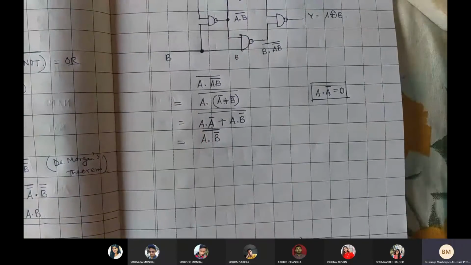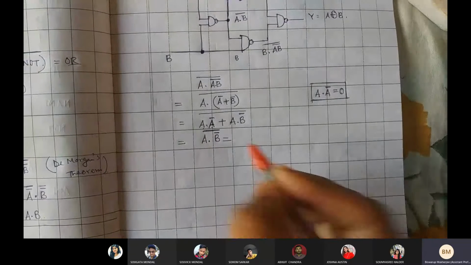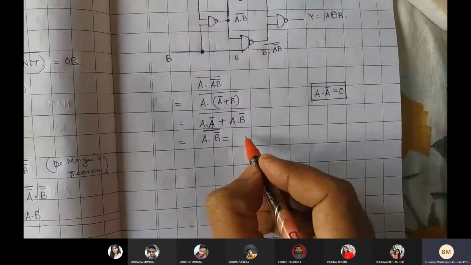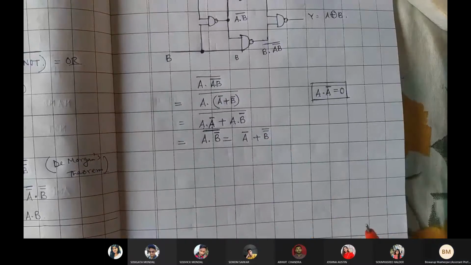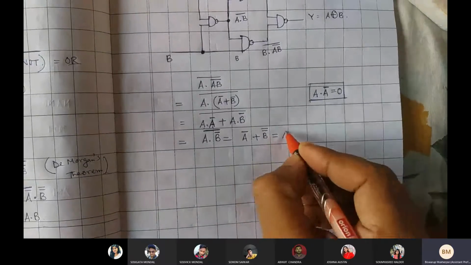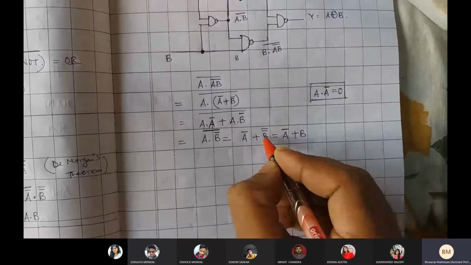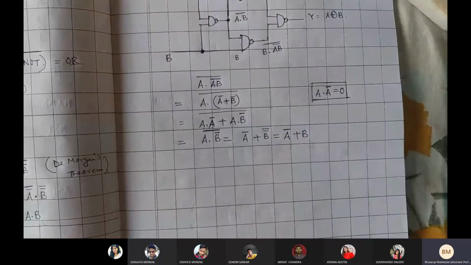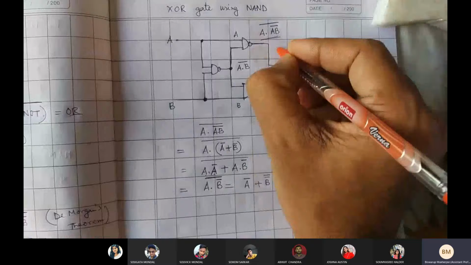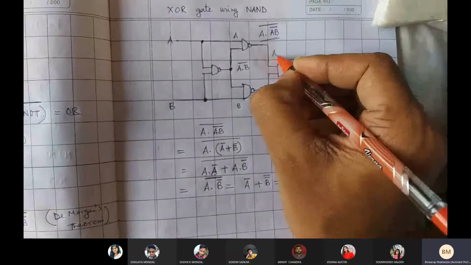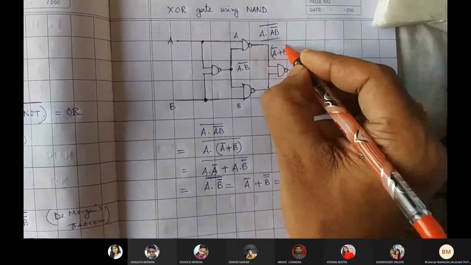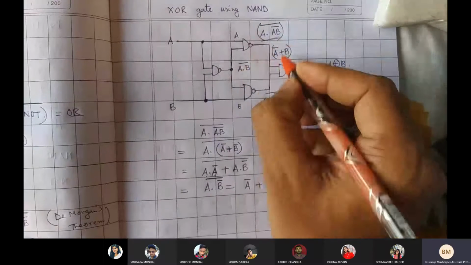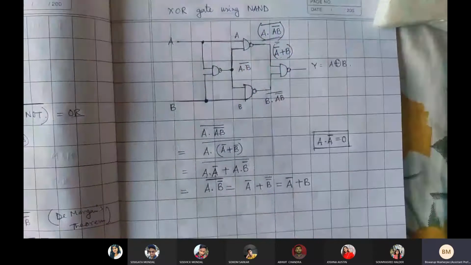Okay. Now it can also be written like this. So again, it is A bar plus B double bar, right? So what is coming is A bar plus B, because B double bar is nothing but B. So this factor that comes right over here is actually A bar plus B.